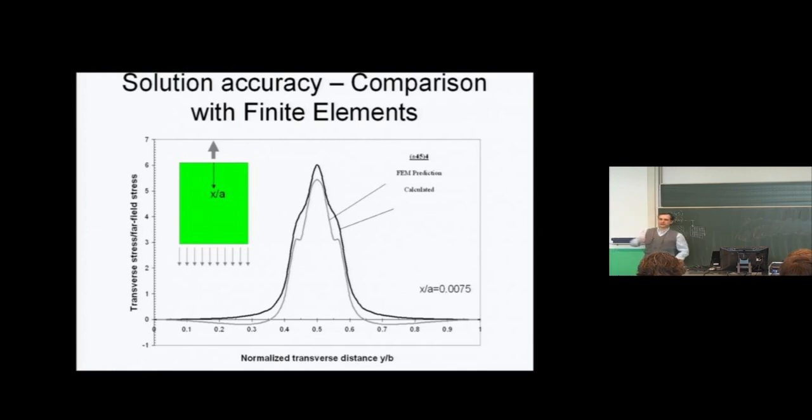And you can easily expect if you increase the number of terms, you would get better accuracy. But you can also argue that perhaps the finite element mesh, even though we checked for convergence, could use a bit of an improvement on the type of element used and the mesh size also. Again, the sigma y stress is very close to 0 if y over b is less than 0.2 or so, or greater than 0.8. So there's again a region in the center of the plate which would require reinforcement to